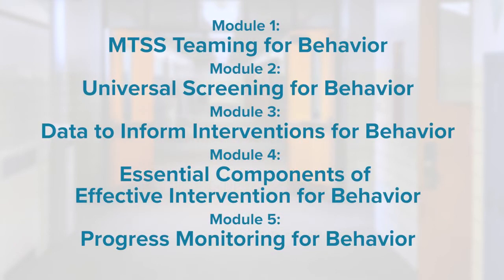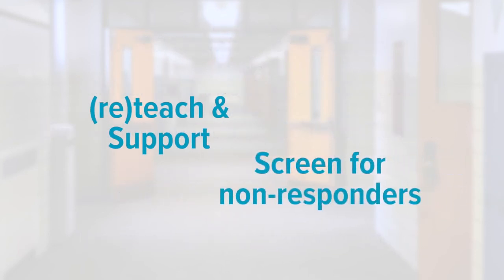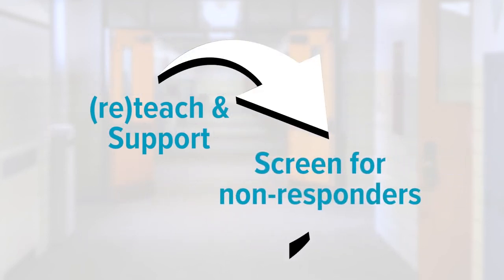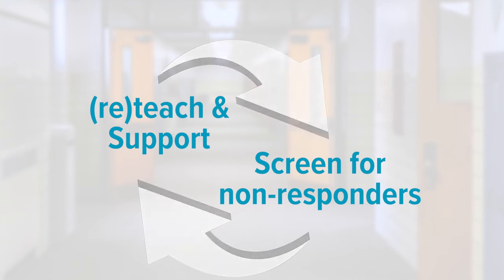This brings us to the end of the elementary version, multi-tiered systems of support for behavior. The focus has been on how MTSS teams consider behavior at the school level, implement universal screening for at-risk behavior, facilitate additional collection of behavior data for interventions, consider the essential components of effective intervention, and engage in progress monitoring. Throughout, the purpose has been to illustrate how teams assist the school in creating positive learning environments and support systems